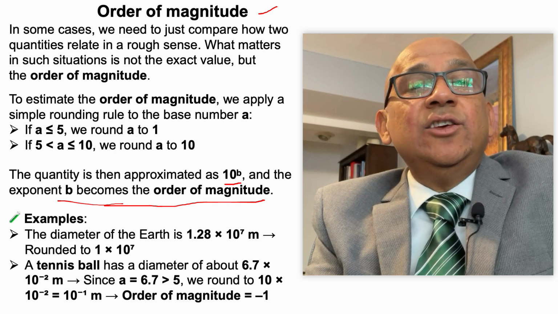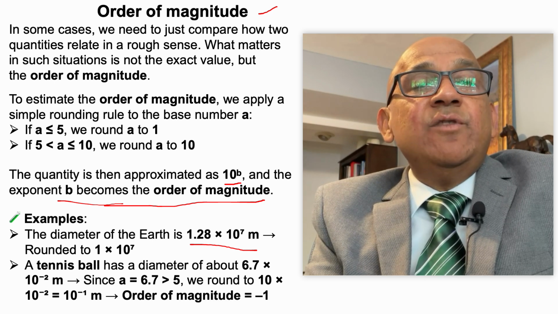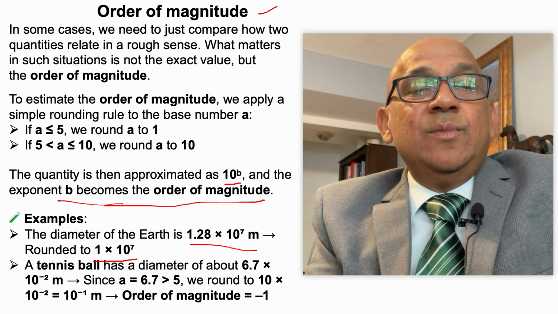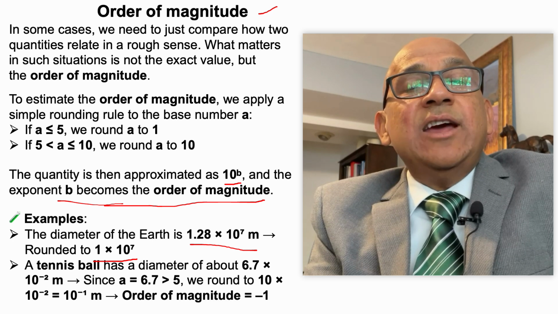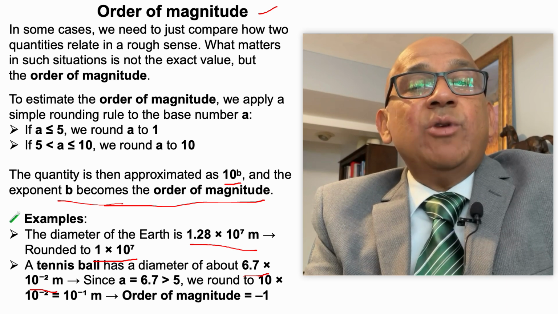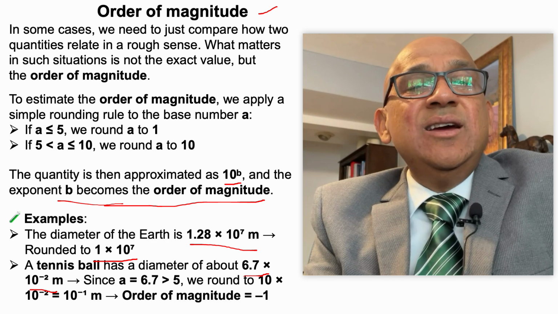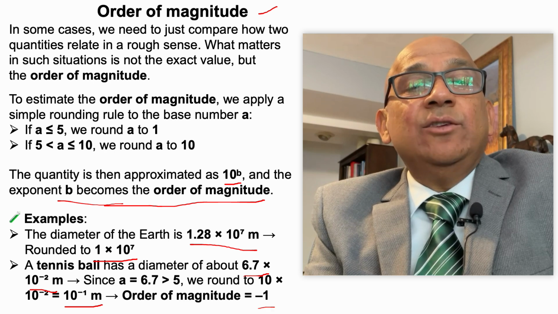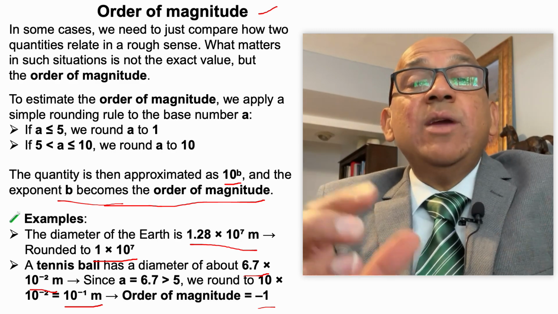Let us look into an example. The diameter of the earth is 1.28 times 10 to the power 7 meters. If you round it, it will be 1 times 10 to the power 7. So this 7 will be the order of magnitude. Another example is a tennis ball. A tennis ball has a diameter of 6.7 times 10 to the power minus 2 meter. If you round 6.7 to 10, then this diameter will come out to be 10 to the power minus 1 meter, and so the order of magnitude will be minus 1. So this is a very useful thing when you have to make some rough